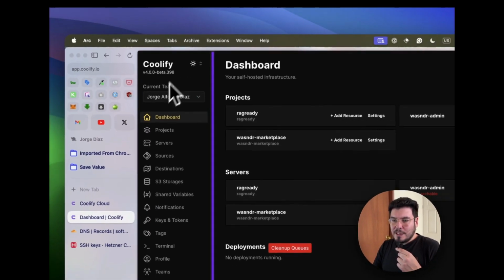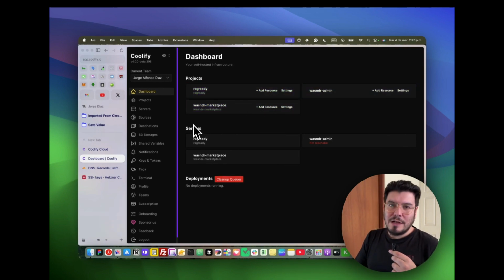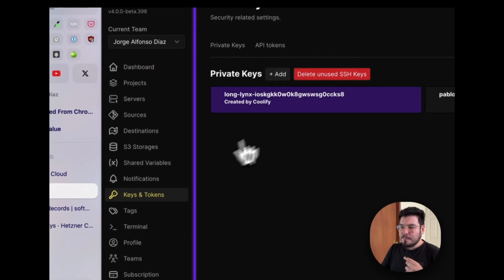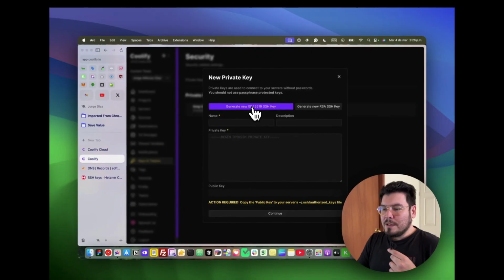Let's go here to the Coolify panel. I already have some servers from a SaaS that generates $2,500, $3,000 a month. And I have a video about that on my channel. And you can go here to keys and tokens. And I am going to create a new private key. And I just click here on